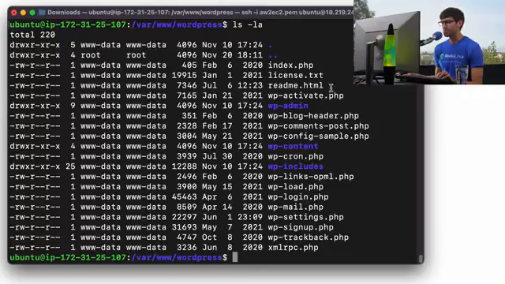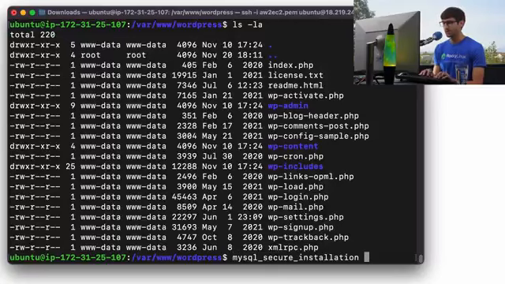Okay, let's go ahead and take care of the database next. So we want to create an empty database that we're going to later on in this tutorial tell WordPress to use to store all of its information. So let's do that, and actually before we create those database tables, let's secure the installation. And we can do that with